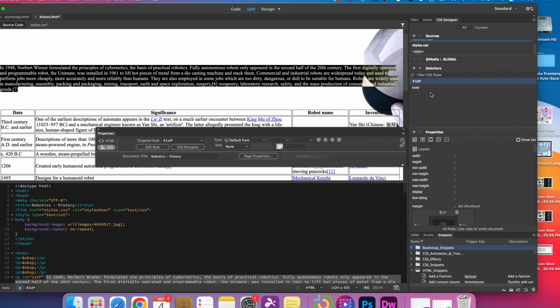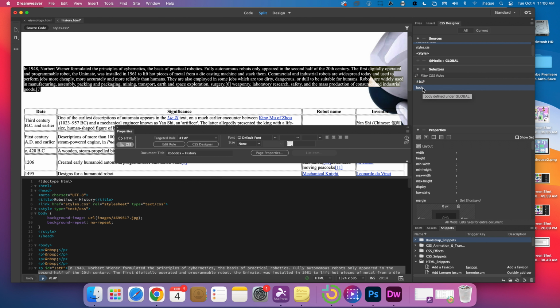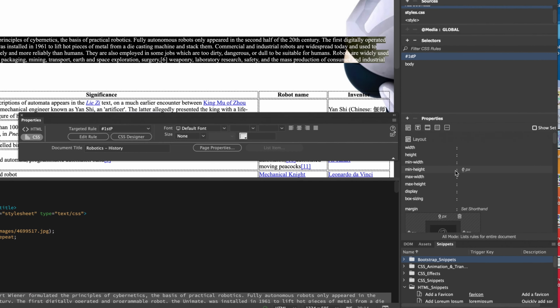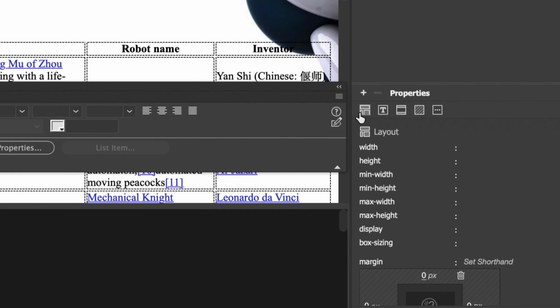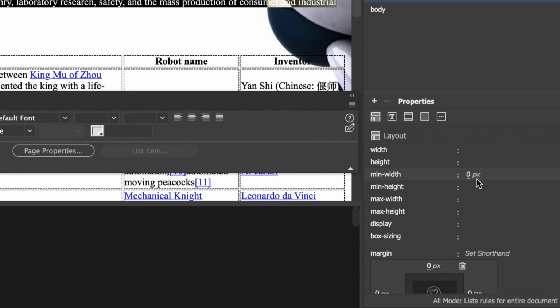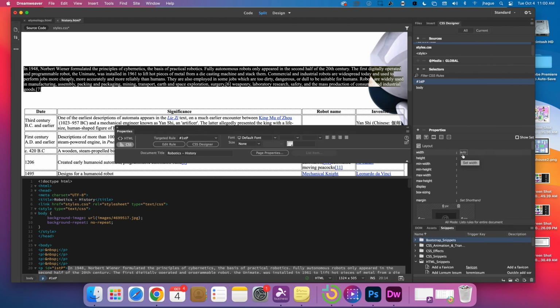So I know what I did. I removed the background. So let's actually just keep it there for now. All right. So let's go. We'll focus on the first paragraph, and let's focus on the layout. Okay. So let me see what I can do here. Let's go to pixels and